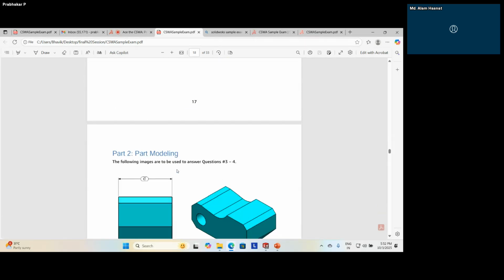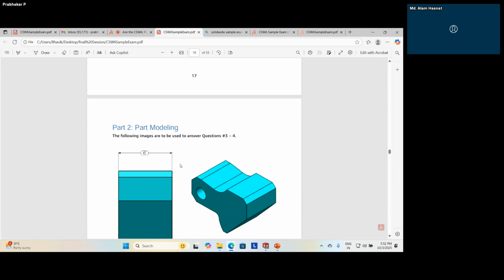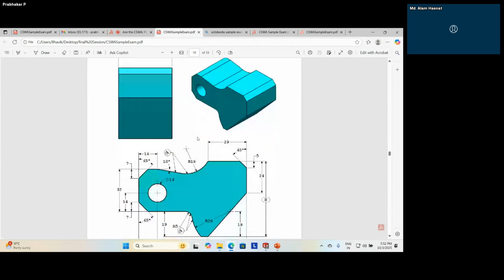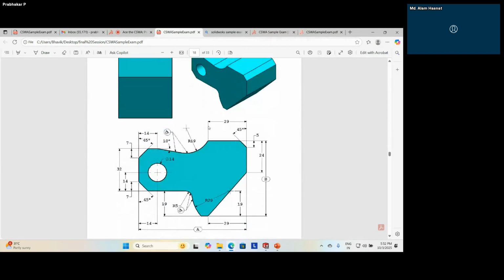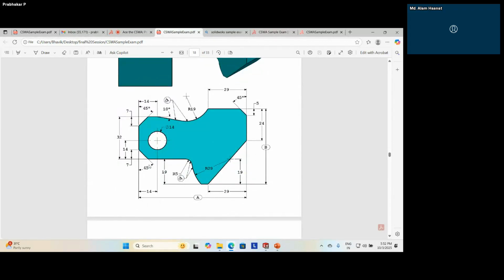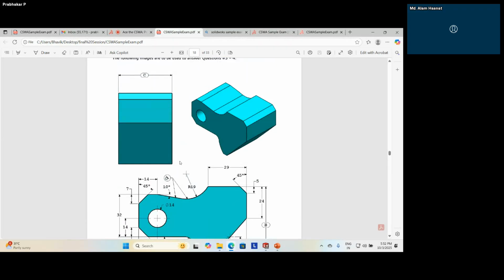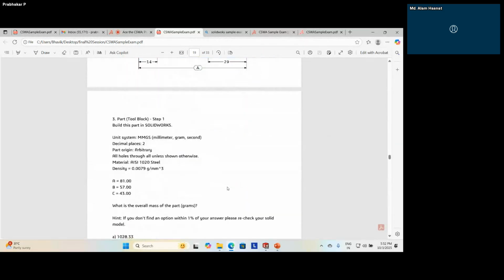Likewise, you'll be answering 2 or 3 questions. Then you'll be given a part model. What you have to do is draw the model, and the key thing to study in the question is the units, which they have given as millimeter, gram, second.